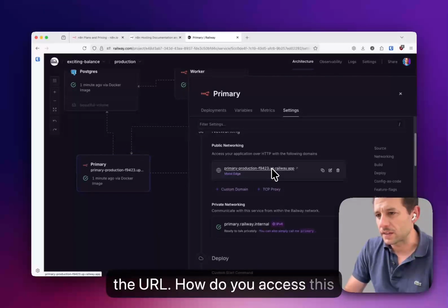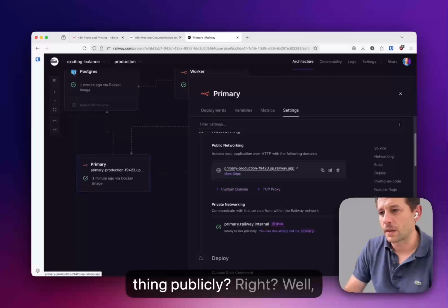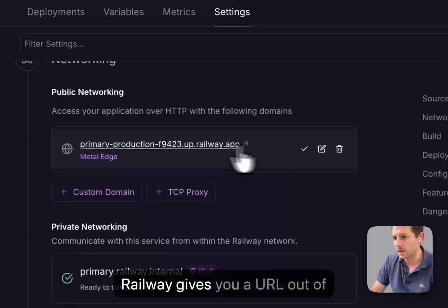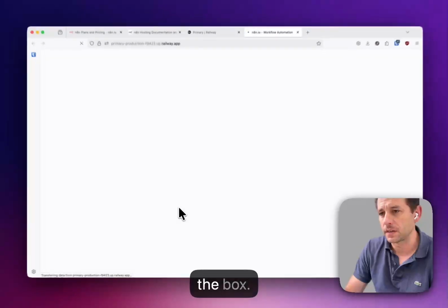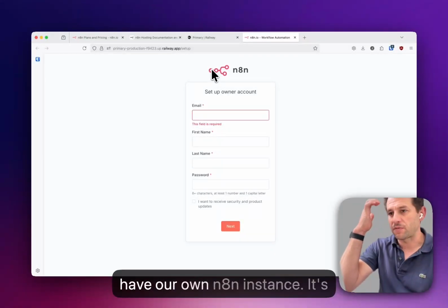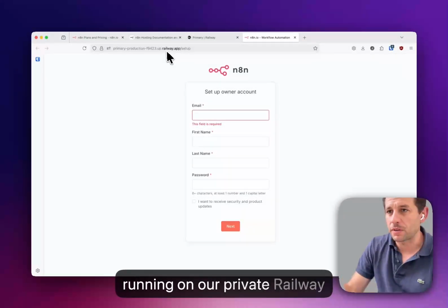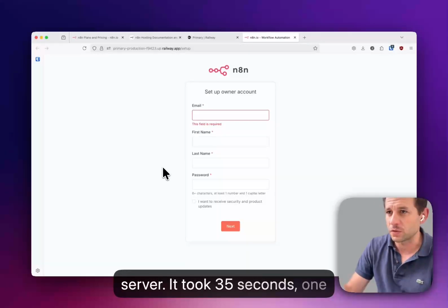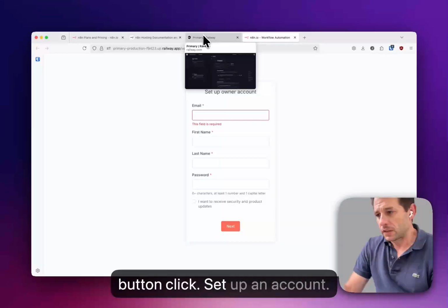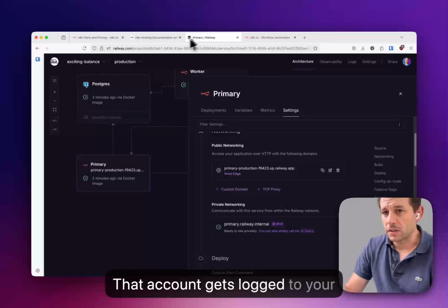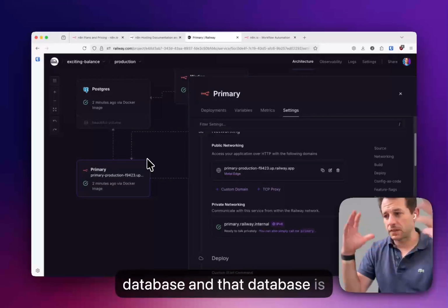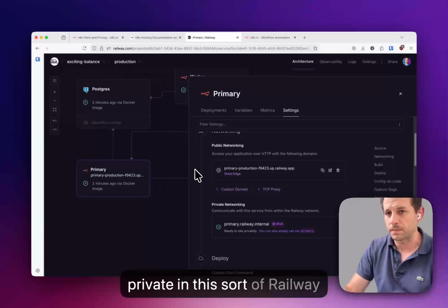How do you access this thing publicly, right? Well, Railway gives you a URL out of the box. And boom, there you go. Now we have our own n8n instance. It's running on our private Railway server. It took 35 seconds, one button click. Set up an account. That account gets logged to your database, and that database is private in this sort of